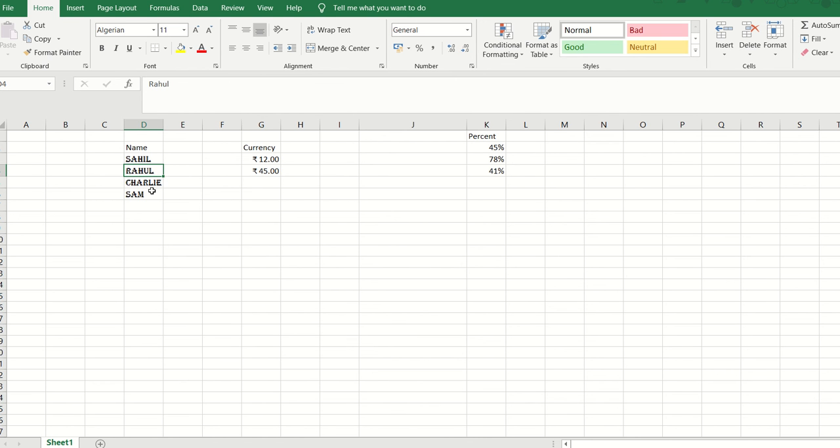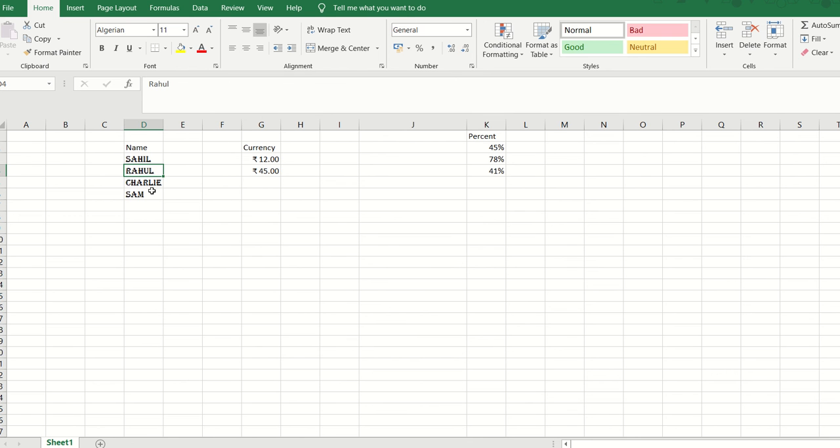Now this format painter people, it's a very good option that we have in Microsoft Excel, because with the help of this, not only can you replicate the same font style, but I can also copy the exact formula to the multiple cells which I highlight.